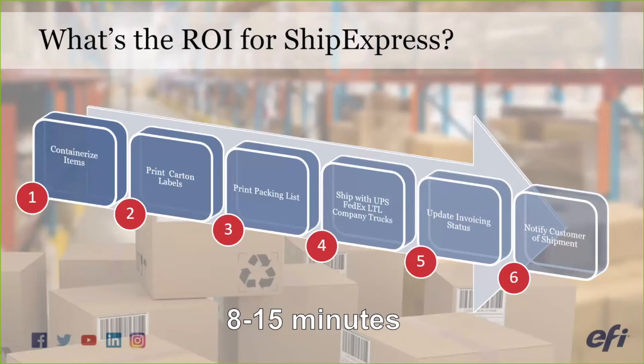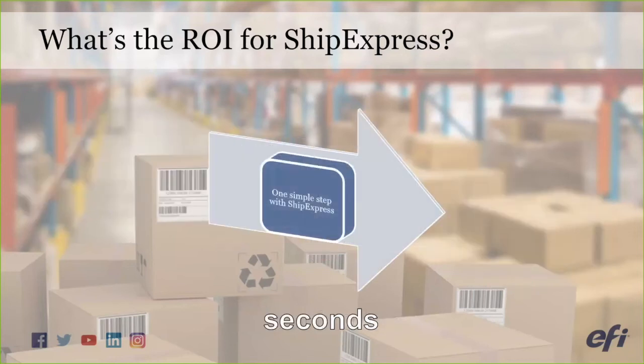Now we are finally able to notify the customer that the order has been shipped. I've seen this total process take anywhere from 5 to 15 minutes. With ShipExpress, we are now able to do all of these steps for all carriers with our one-step pack and